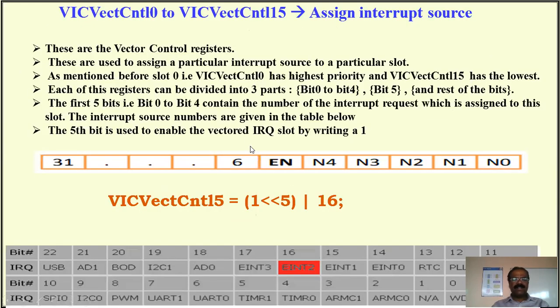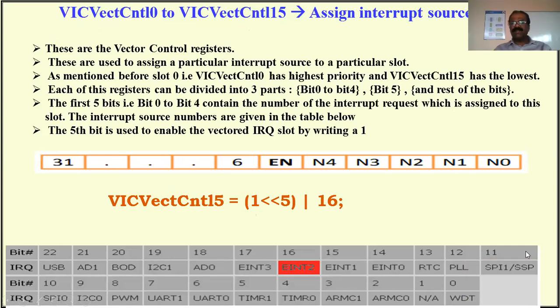Okay, next thing is, there will be some other registers called vector interrupt control 0 to vector interrupt control 5. So what is the meaning of this? What is the purpose of using this? Just look here. These are the vector control registers. These are used to assign a particular interrupt source to a particular slot.